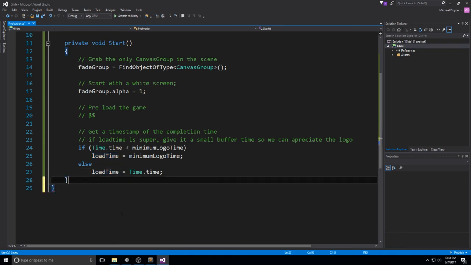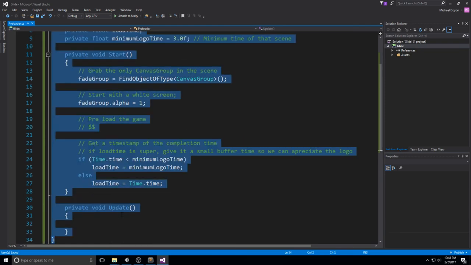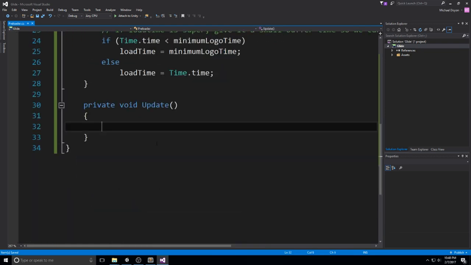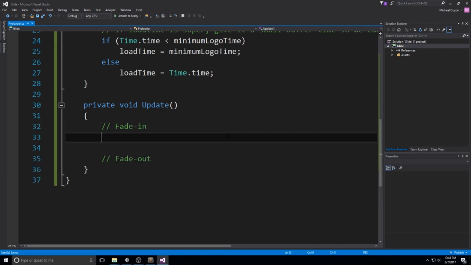Okay, now how do we go about using this? We're going to be using this in a private void Update, of course. And there are really 2 parts to that update. The first is the fade in, and the second is the fade out. As simple as that. So for the fade in, all we have to say is if time.time is smaller than